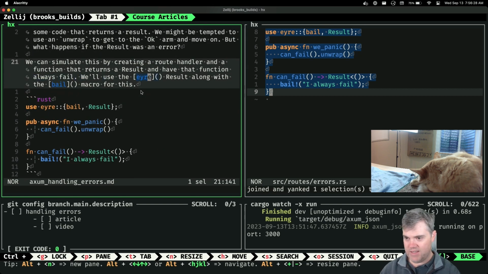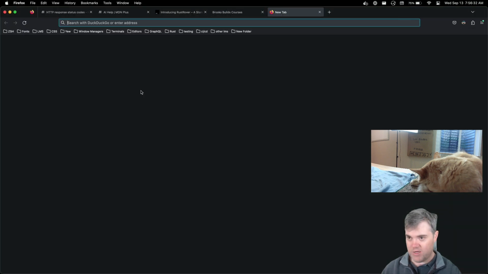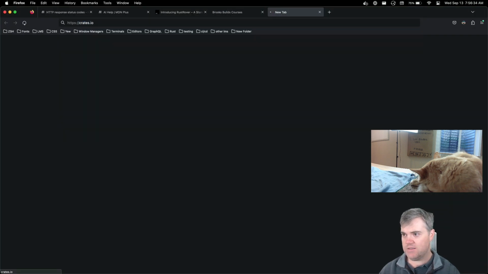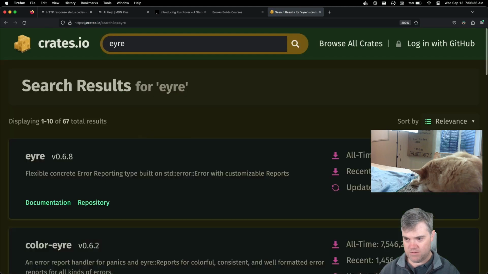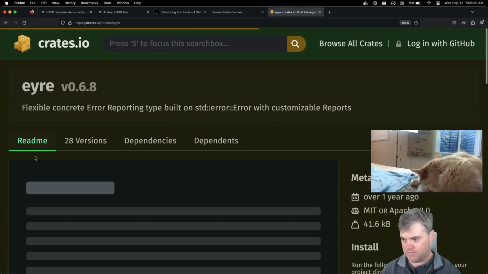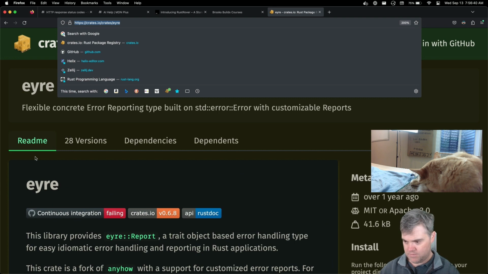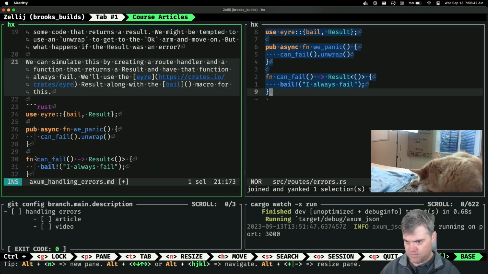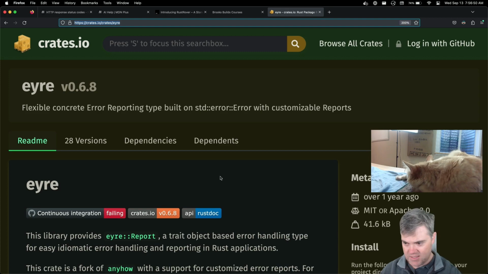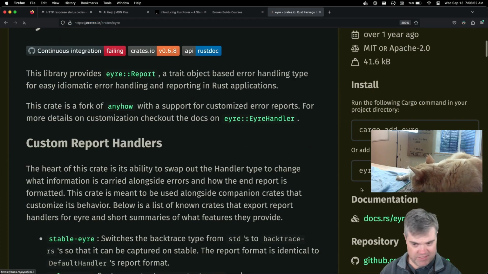Let's go find the error. Create information before I forget. And then error has the bail macro inside of it.